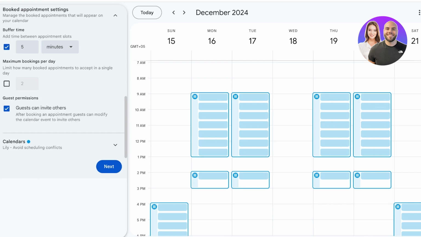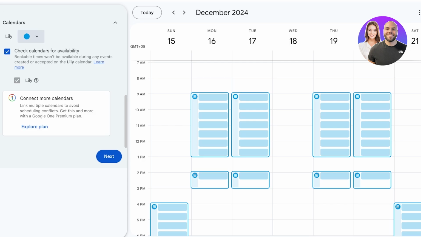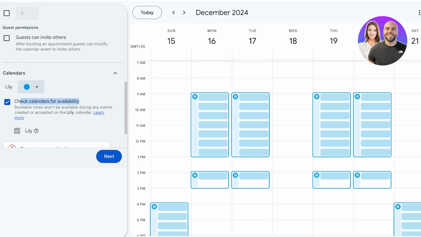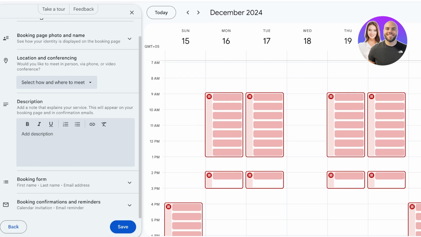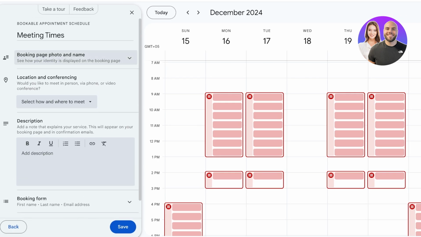Then you have your guest permissions, where guests can invite others. I don't like to allow this because this can make my calendar a bit too clogged. Then you have your calendars. So if you want to check calendars for availability, I'm just going to leave this connected to my default Lily's calendar, and I'm just going to use this dark red color to denote it. Then I'm just going to click on next, and now I can get started with customization of the booking page